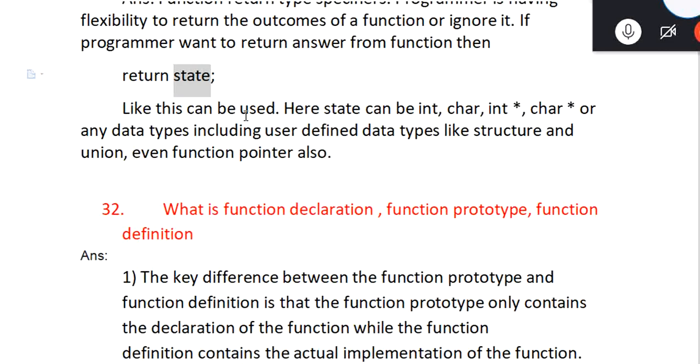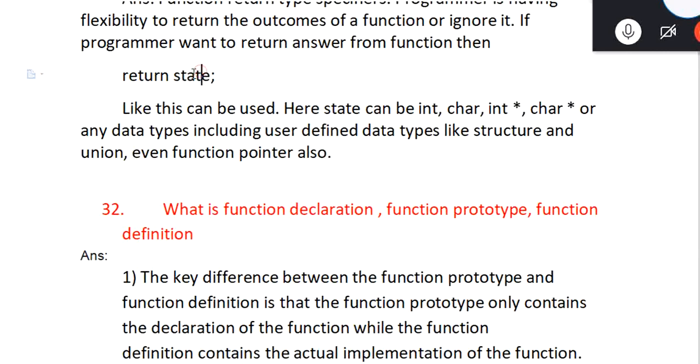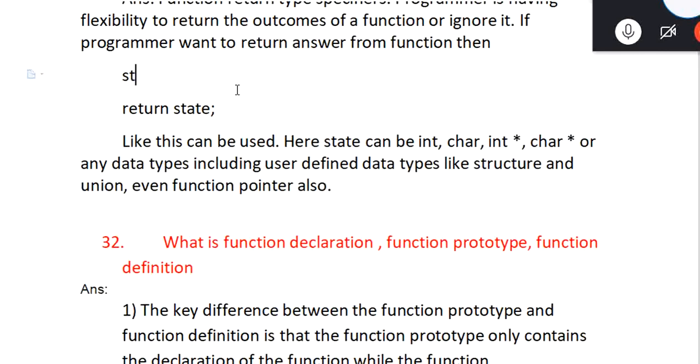Let me try. Consider this structure, maybe of this type. We can return like this.